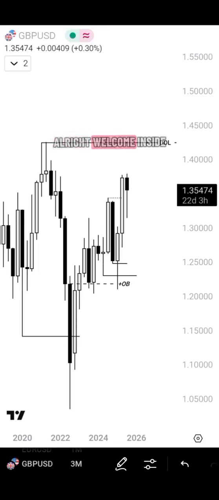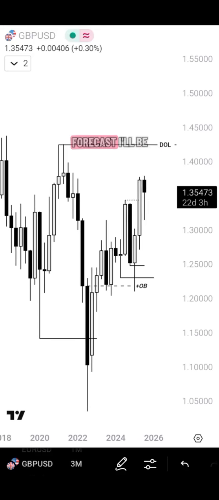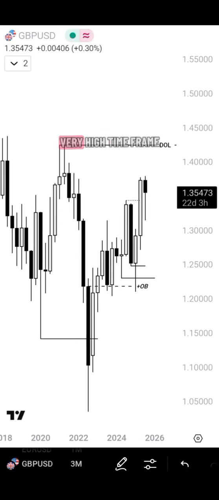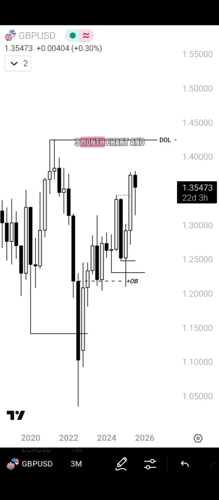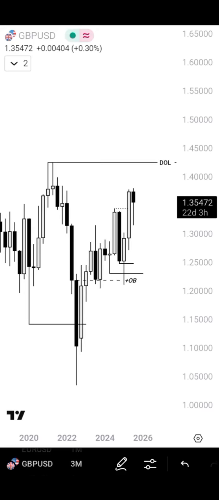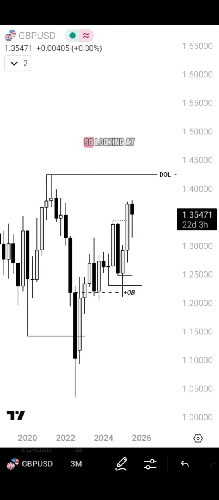Alright, welcome inside of my screen to yet another weekly focus on GBP. Now, this particular focus, I'll be looking at the very higher time frame, which is the 3-month chart. The 3-month chart is the quarterly chart. Every quarter of the year, that's what you're seeing right here. So, looking at the 3-month chart,